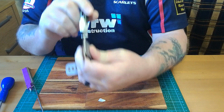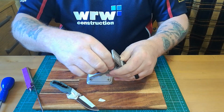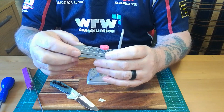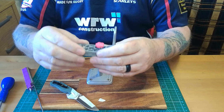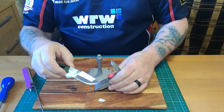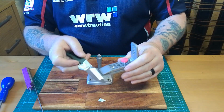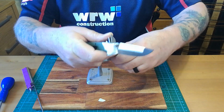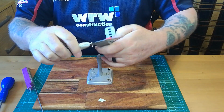So the way to get round that: this red knob at the back, loosen it as much as you can, because we want to go at an angle now. On a flat blade we wanted these to be the same equidistance, but this time we want it at an angle, because on a full flat grind it goes from thick to thin, just straight downhill. So when we put that in like that, okay,